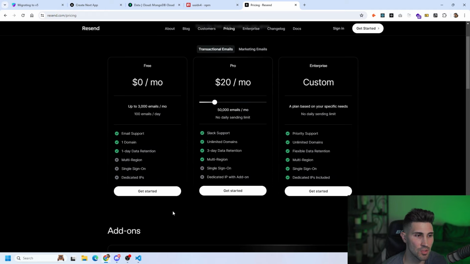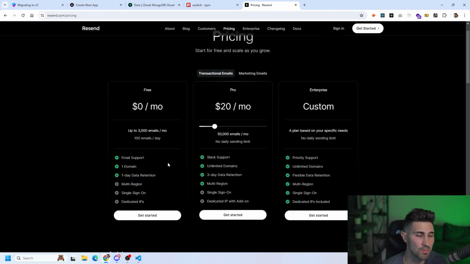So as you can see, on the $0 a month plan, you are able to connect one domain to Resend. This is a production domain that you can use, or you can upgrade to the Pro, which is $20 a month, and you get 50,000 emails a month, no daily sending limit, and you could have unlimited domains. So right now I am on the $20 a month package because I use it for other websites,